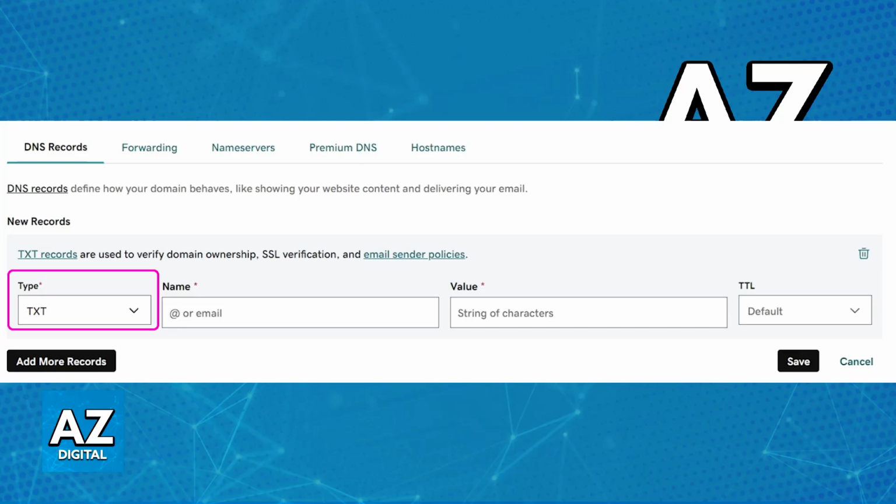You can repeat this process as many times as you need with as many domains as you want through GoDaddy. The option is always going to be available as long as you go over to the DNS management page and you look under DNS records. So choose the option to add a new record and you will be good to go as long as the type is selected as TXT from the drop-down menu that appears.